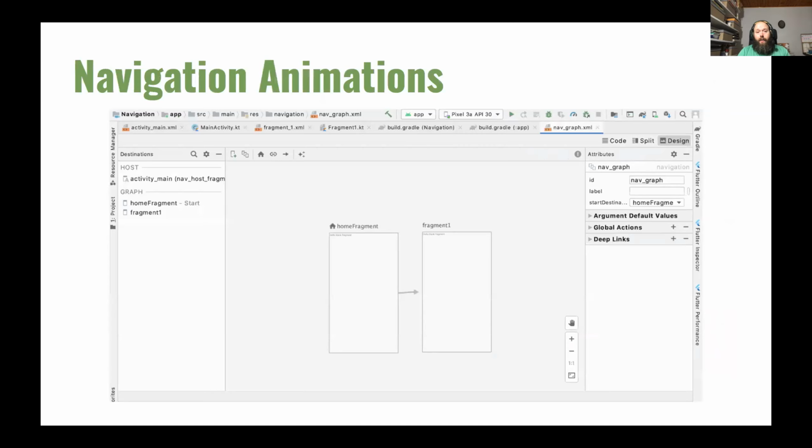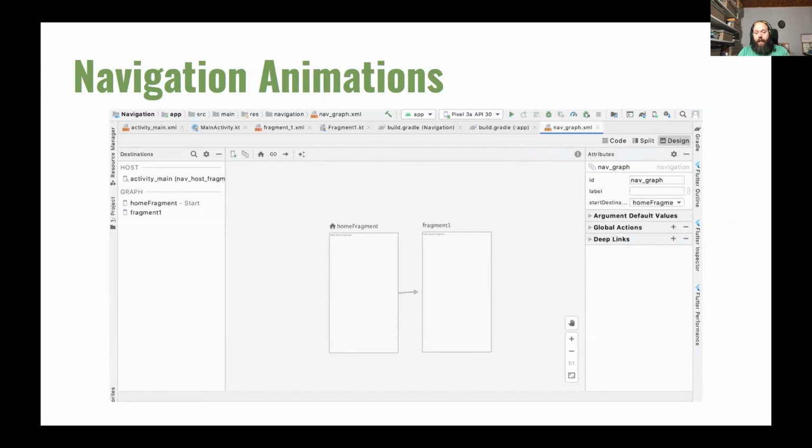But how can you implement the navigation animation with the navigation graph? As you see, this is your navigation graph. This is a really simplified one. The home fragment is our first destination and our home destination, and the fragment 1 is our second destination.